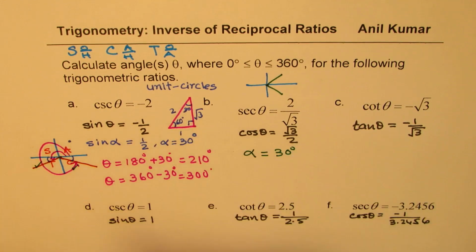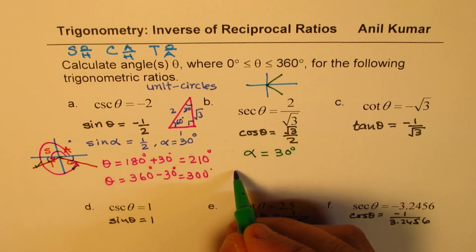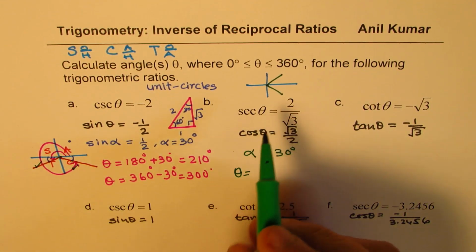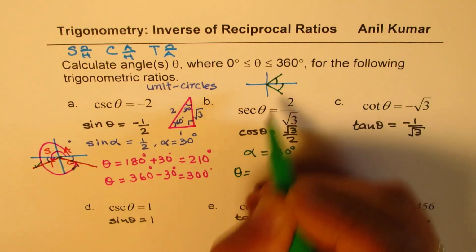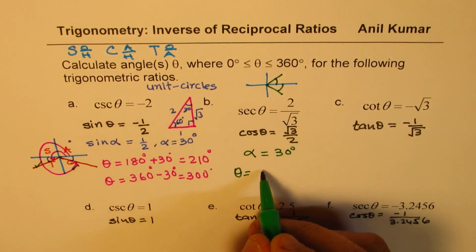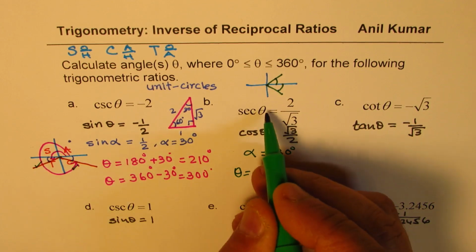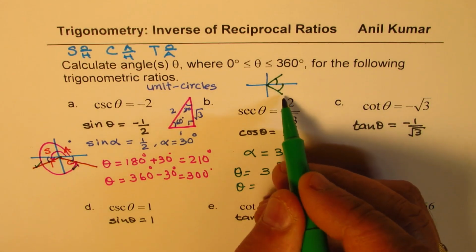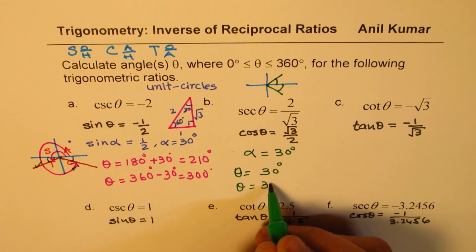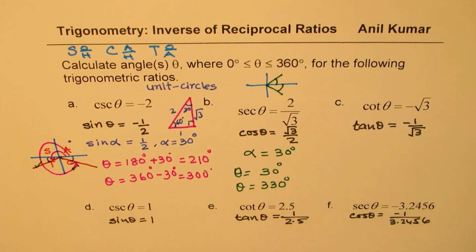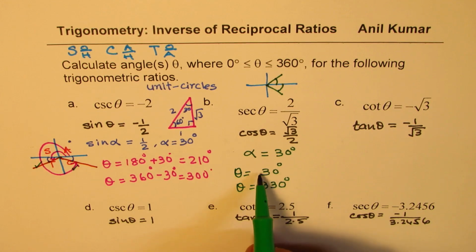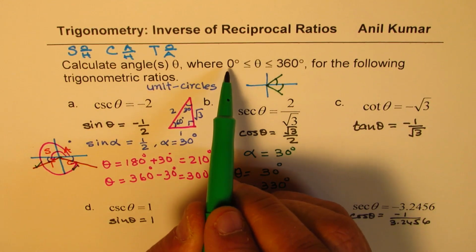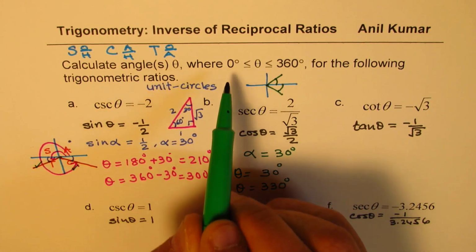You see that? But we need theta. So what is theta equal to? Well, it is 30 degrees here and 30 degrees there. That means one of them is correct in quadrant 4 since it is positive. The other one is 360 minus 30, right? Which is 330 degrees. You get it, right? You could also write plus minus 30 degrees, but we need to write within the interval